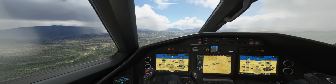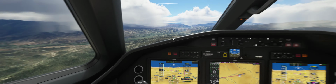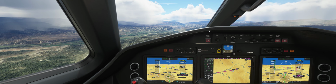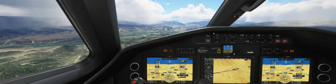Yeah, the ForeFlight app's showing a lot of rain and weather scattered in the area. Lights are all good. Reconfirm gear down, and there's the runway. Coming out of the weather, there's the runway. Fantastic. The only problem is that this guy. Look at